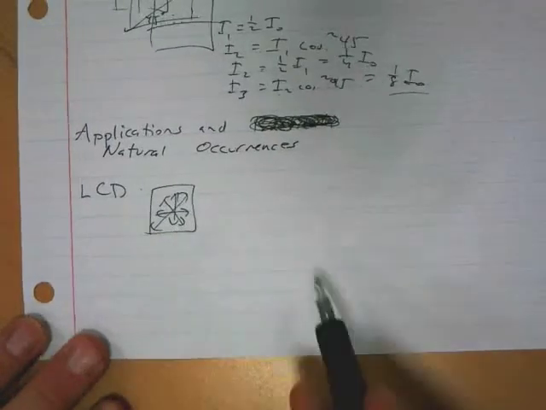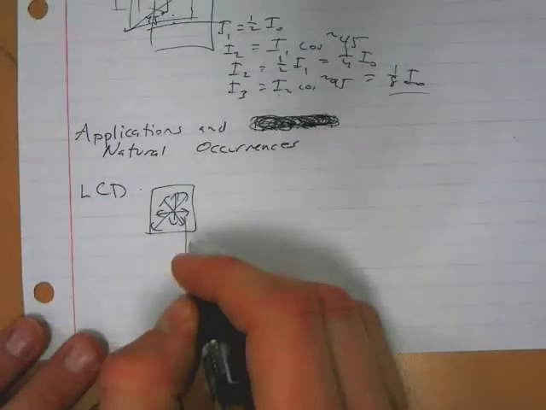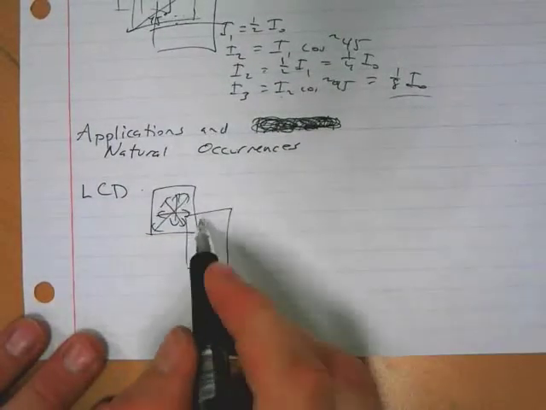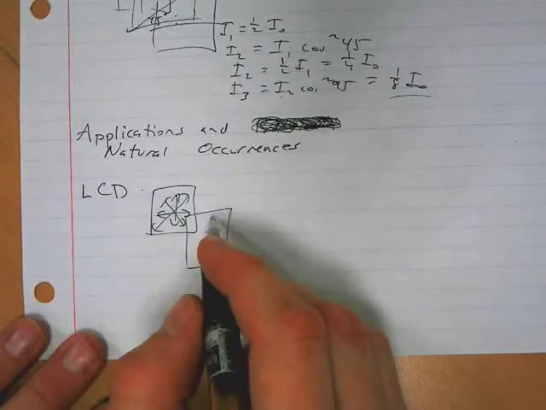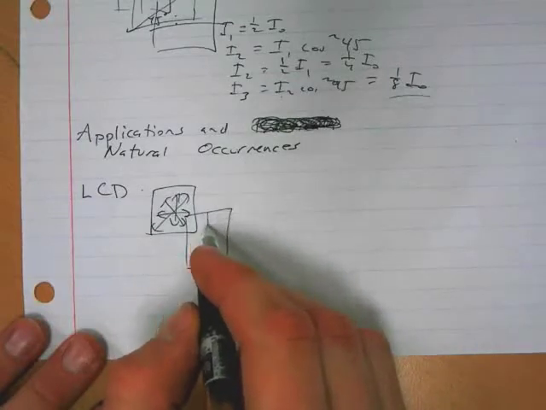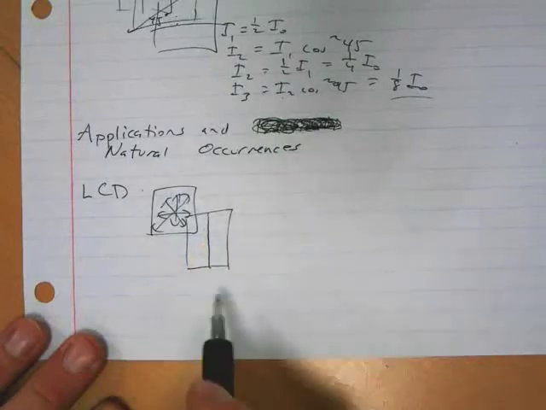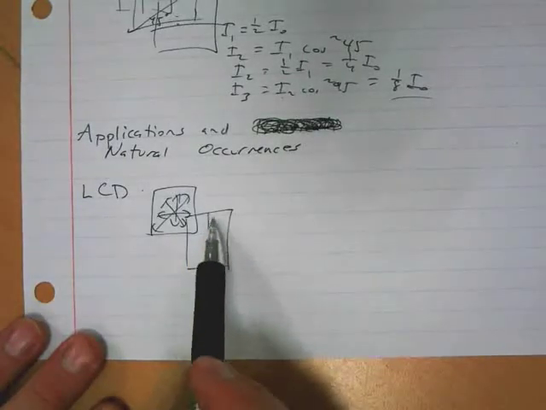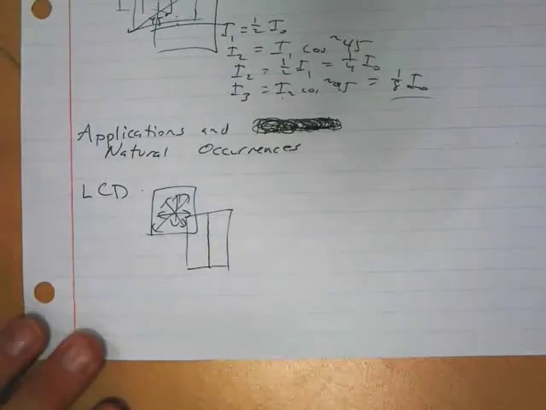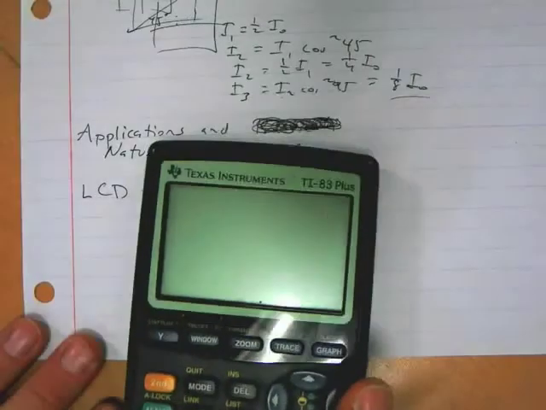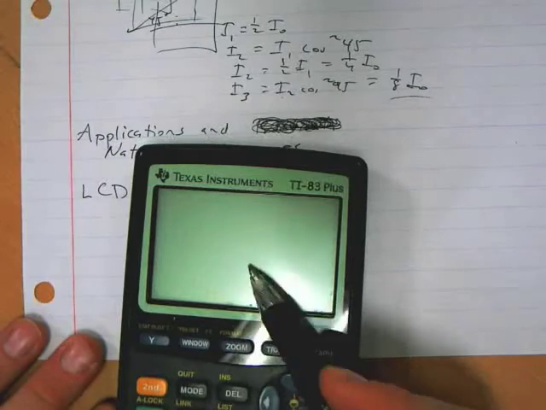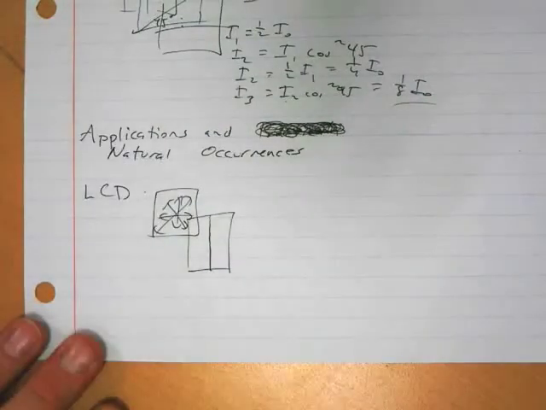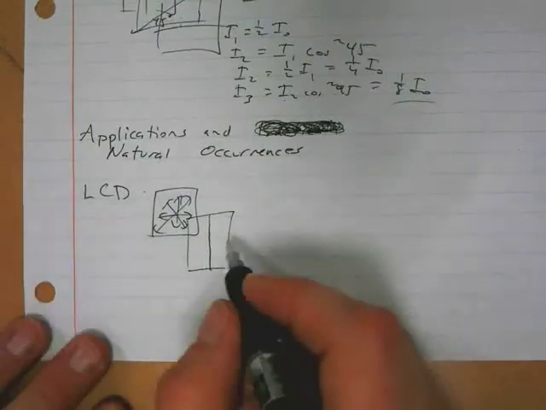Okay. Now the LCD, on an LCD screen, there's a polarizer, and I believe it's typically vertically polarized. Yes, it's typically vertically polarized. So the light that enters into the actual screen, and the calculator screen is like this, the light that enters into the display becomes vertically polarized. Now, there are liquid crystals then. There's this layer